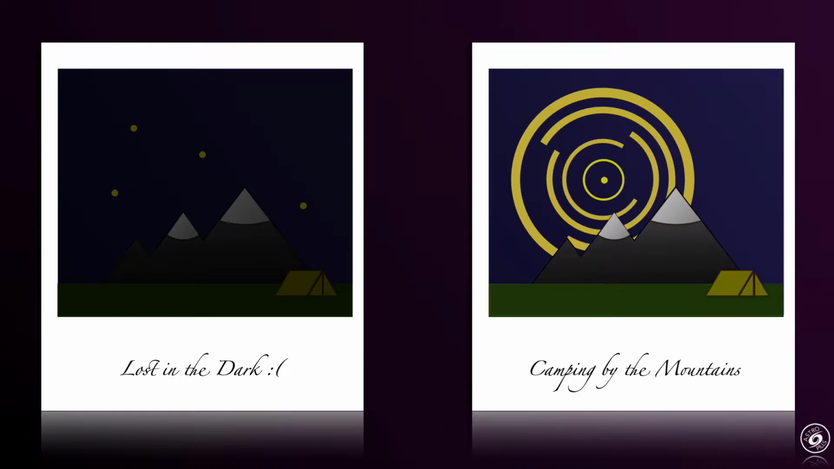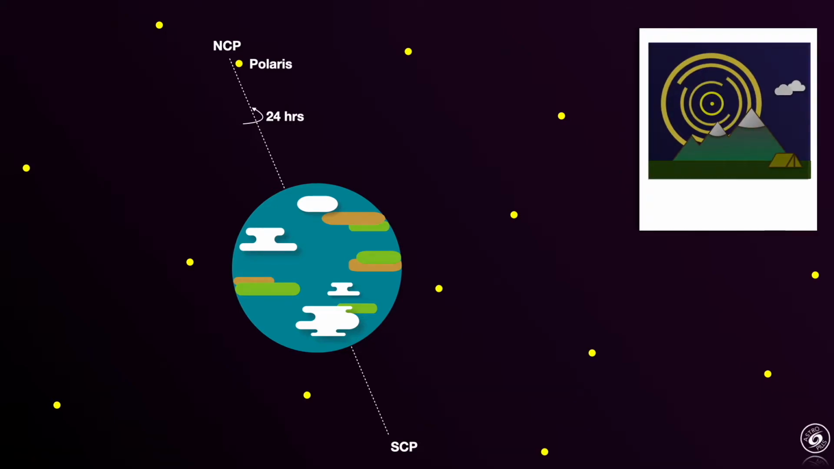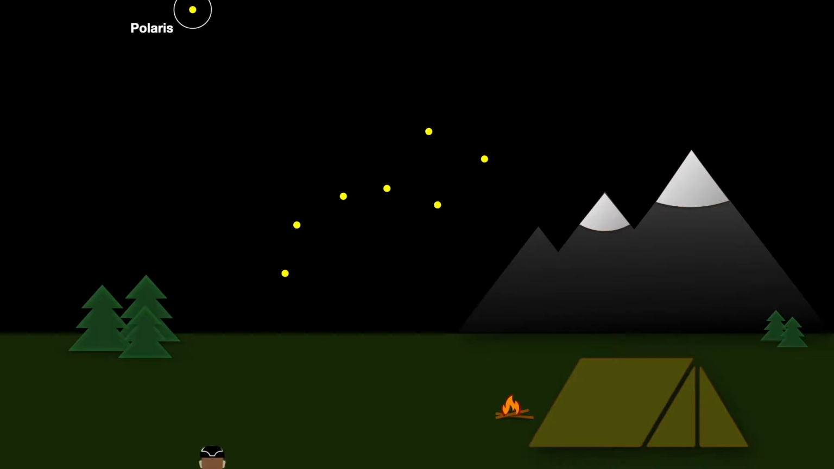But why do the stars trail? This is due to Earth's rotation. Earth rotates on its axis once in 24 hours, making the stars look like they are moving in arcs and circles throughout the night. If you are in the northern hemisphere, the next time you are out there, look for